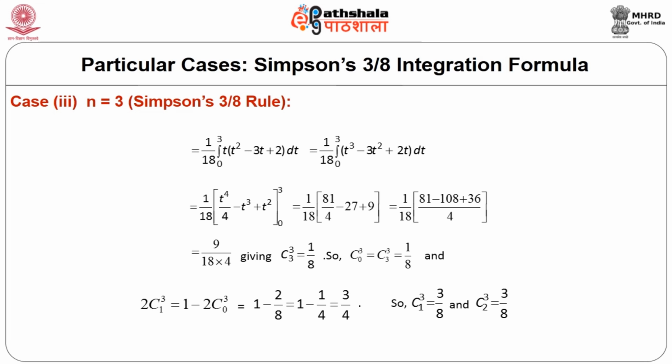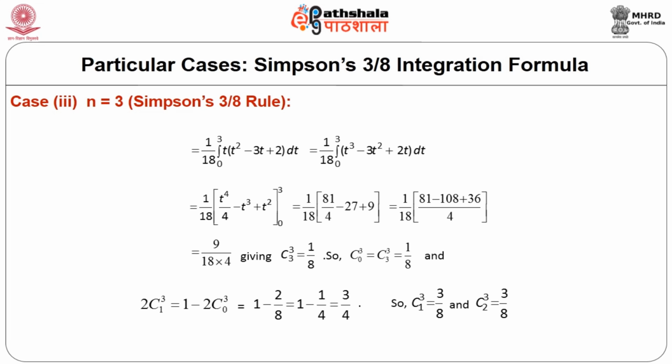So put t equal to 3: 81 by 4 minus 27 plus 9, by 18. So the answer is 1 by 18, inside the bracket (81 minus 108 plus 36) by 4, and so the result is 9 upon 18 into 4. So 3C3 is 1 by 8, and once 3C3 is 1 by 8, 3C0 is also 1 by 8, and